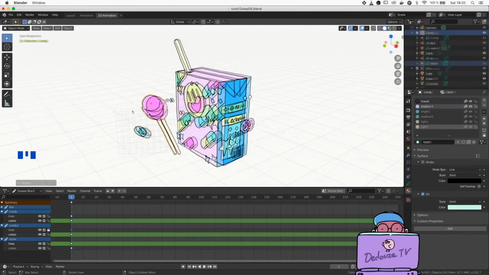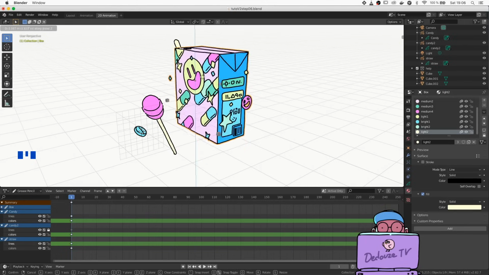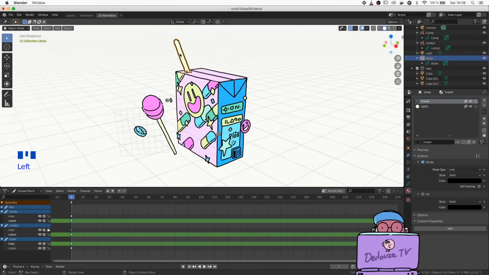But for now, let's organize our layers to prepare the animation. Here on object mode, if you select the box and press G to grab it, you see the straw staying at the same place. So in the outliner, select the straw, drag it over the juice box. Don't release the mouse before I tell you, just stay over the juice box, named box here, hold shift, and as you see, the object below is highlighted and the tooltip says trap to set parent. So release the mouse and release the shift key.